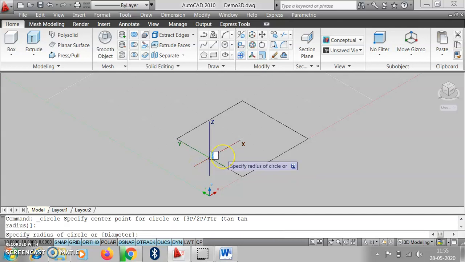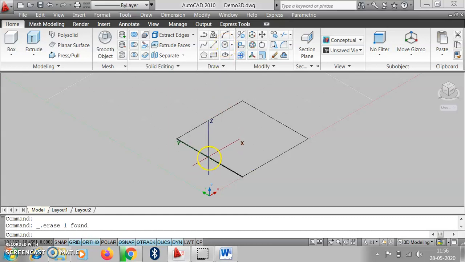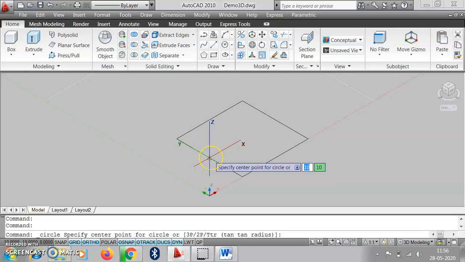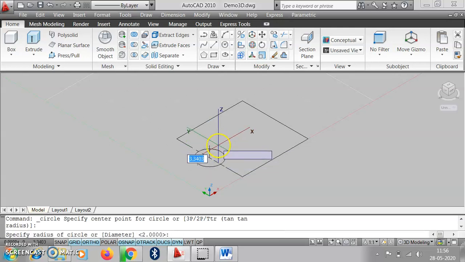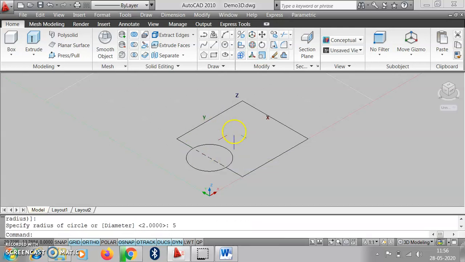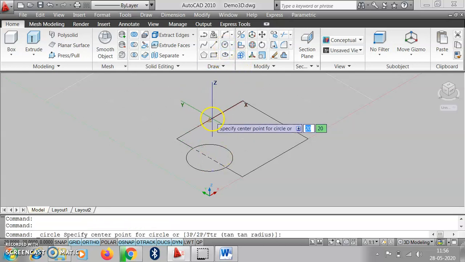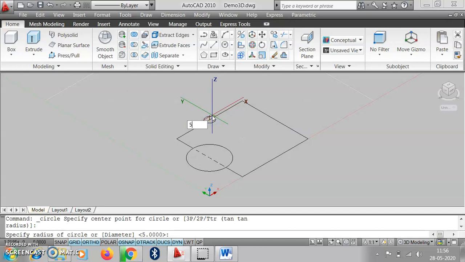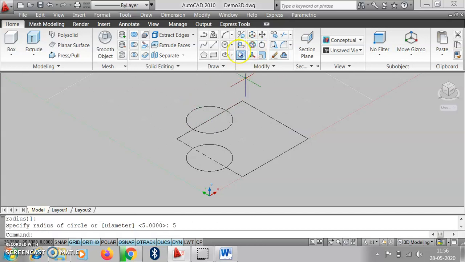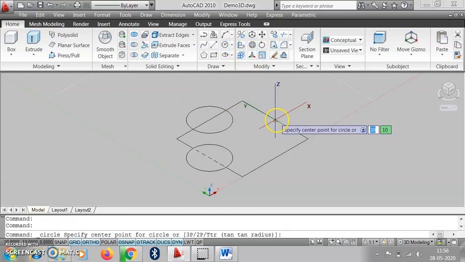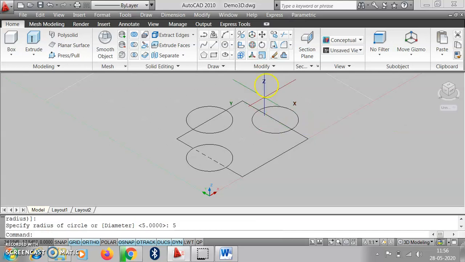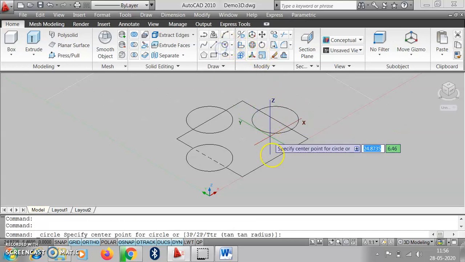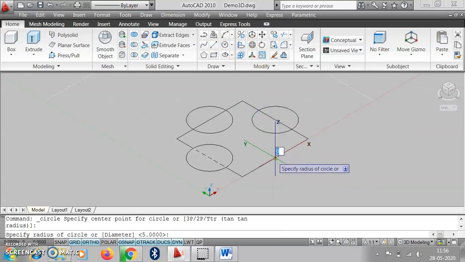Then we take the circle command with a radius of, suppose, 5. Again we take the radius as 5, again the same command with radius 5 at the center.